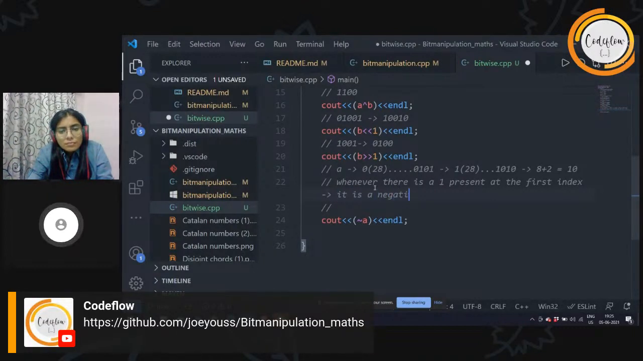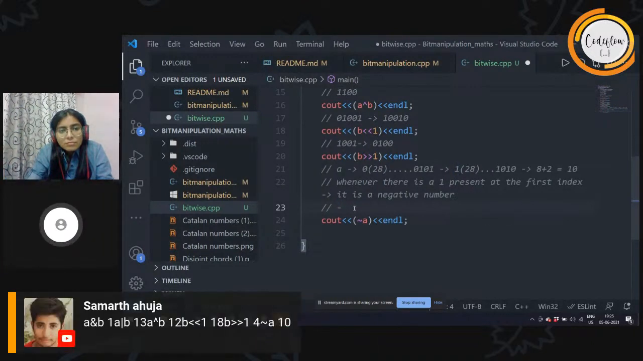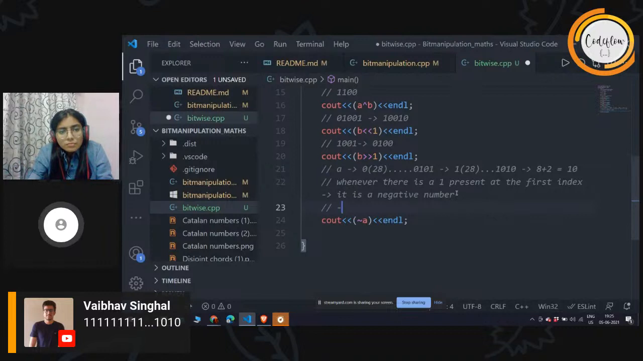It is a negative number. So my computer sees that, okay, this is 1. That means I have a negative sign in front of my number, but I still don't know what the number is. So now to compute the number,